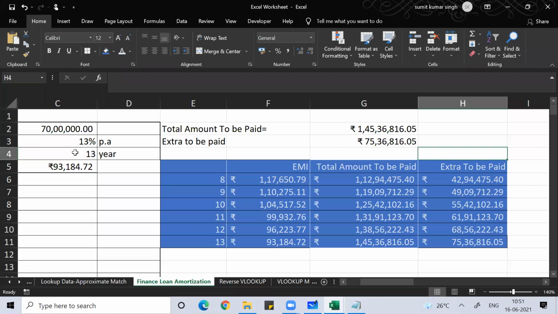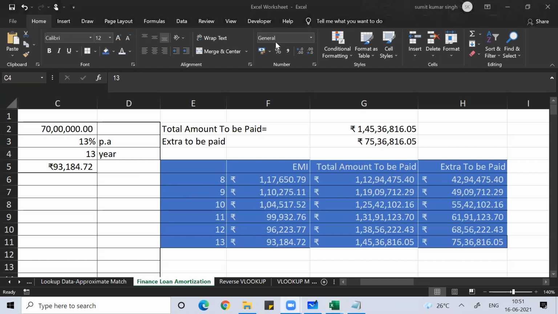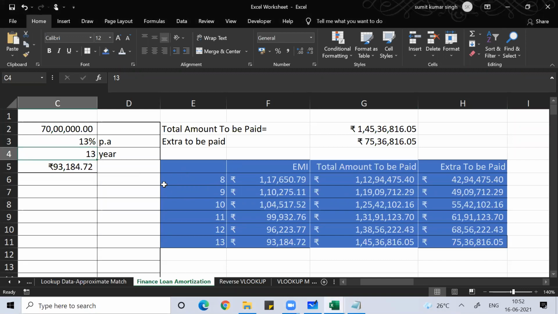This is what I was thinking. The moment you take a longer period loan, your EMI will decrease, but the total amount you are going to pay will keep on increasing. Remember that always in your life. It's not just that your EMI is decreasing, you are actually paying more to the bank. The bigger the loan and the longer the duration, the more money you end up paying to the bank. So this is a one-way data table, guys.